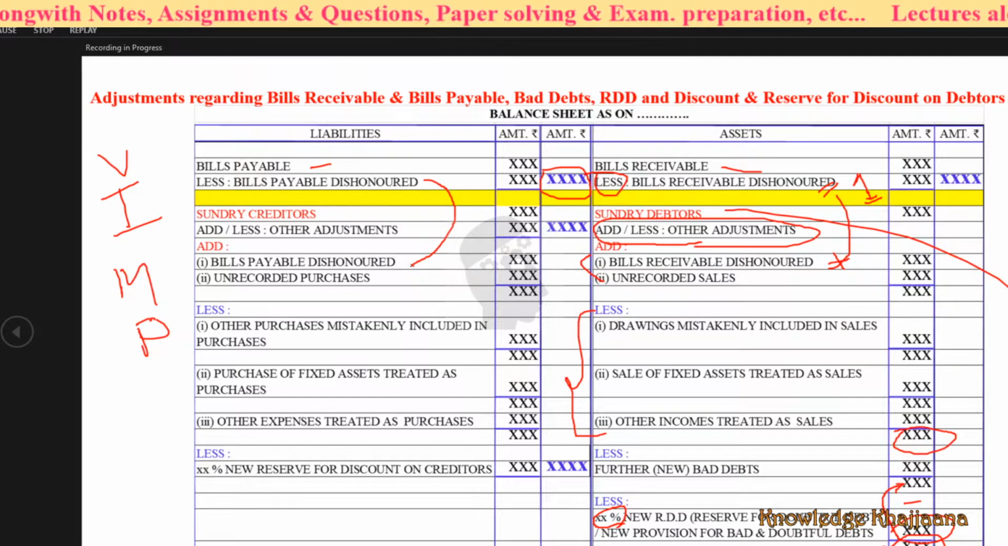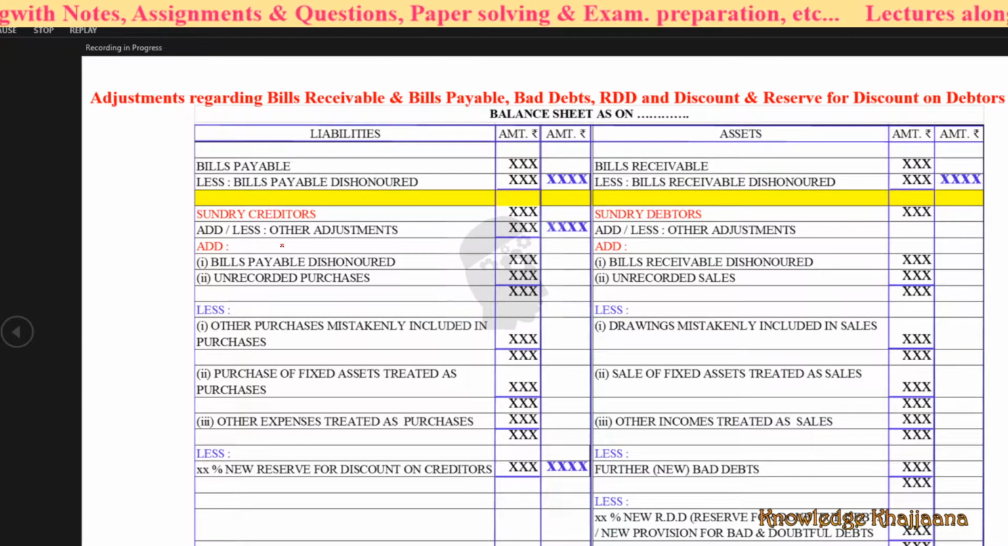Bills payable dishonored. Okay, then if any unrecorded purchases are also there, then you have to add that much amount to this sundry creditors amount. Okay, see, bills payable dishonored we have taken, then unrecorded purchases, so we will get this amount. So then you have to deduct other purchases mistakenly included in